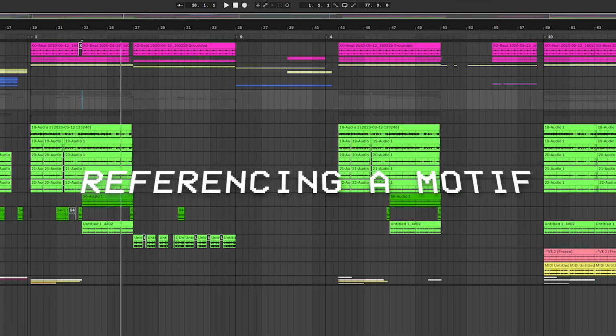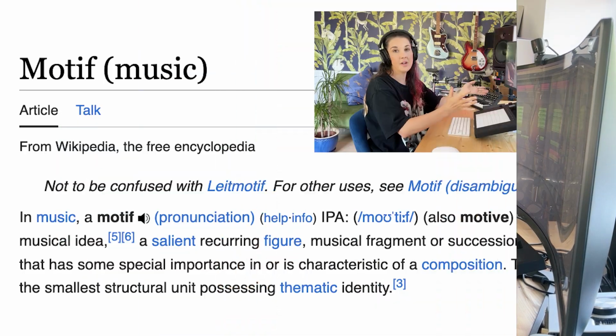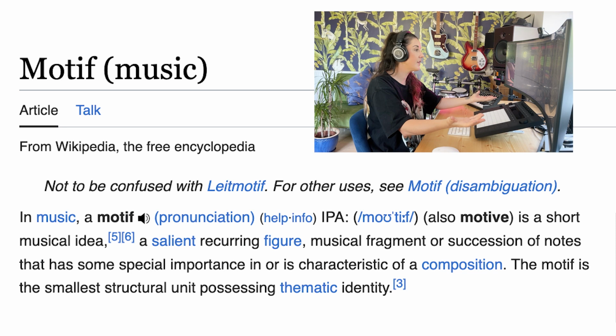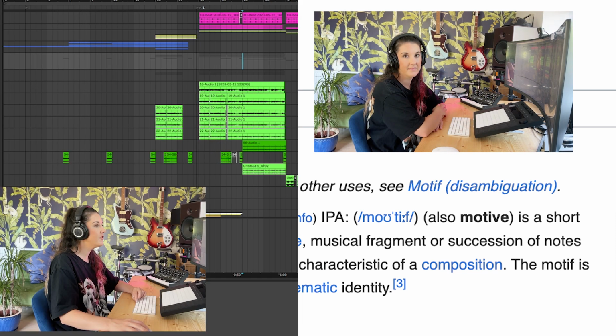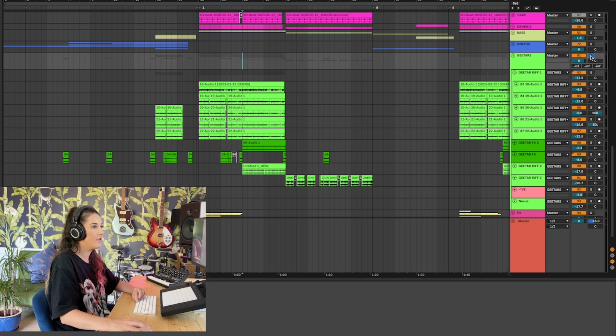Number 2, referencing a motif. So this is as close as we're going to get to a classical music technique here in an RKC production. But I absolutely love recycling my chorus riffs in an unusual way to use in verses and other sections of my song. So just like they do in classical music, introduce a motif and reference it again later on in the song. So if I jump to Annie's massive guitar stack here,